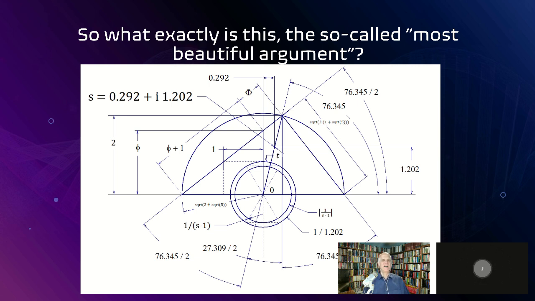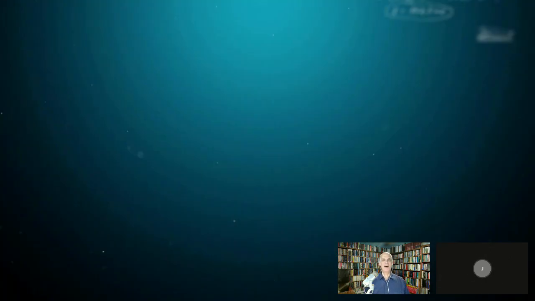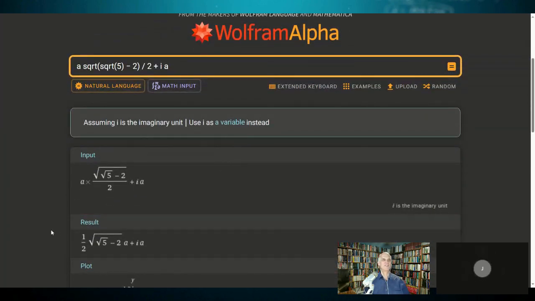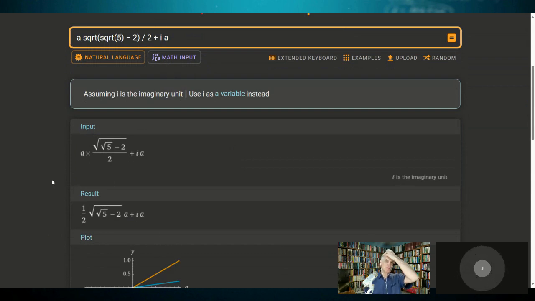There are some neat little identities that you can get out of that. For example, I don't know if you can do this in your head, but phi plus or minus 1 over square root of phi. If you multiply those two terms by each other, you get phi squared minus 1 over phi. Well, phi squared is phi plus 1, and 1 over phi is phi minus 1. So phi plus 1 minus phi minus 1 equals 2. So that's where the half comes in. I hope that wasn't too fast, but that's okay. They are obviously reciprocals of each other, and they have a neat little symmetry, which I think is cool.